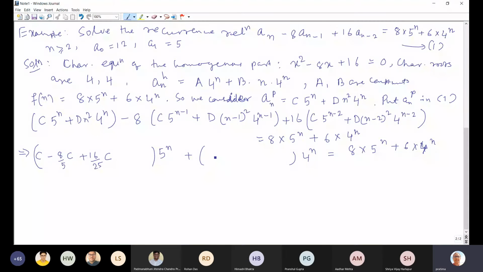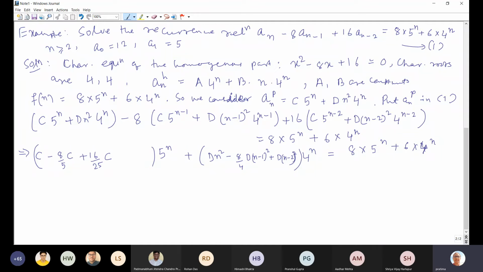So the coefficient is Dn square, and on the other side similarly we are having D, 8 by 4, taking 4 to the power n common, so D n minus 1 whole square, and from the third term 16 by 16, it is 1 only, and then D n minus 2 whole square. Now if we compare the coefficients on both sides,